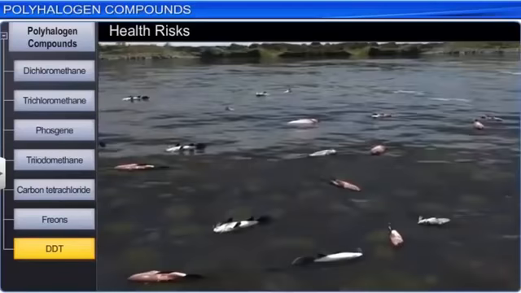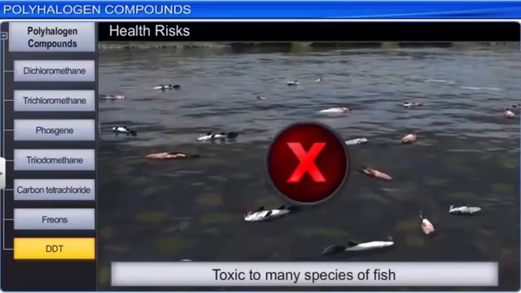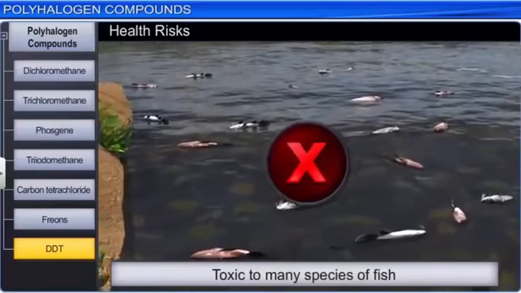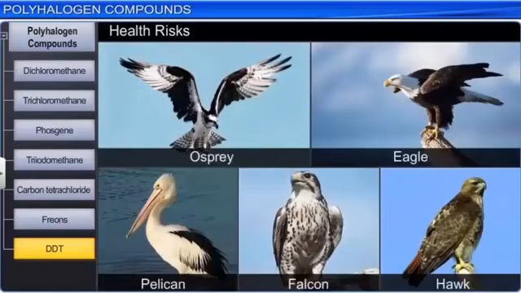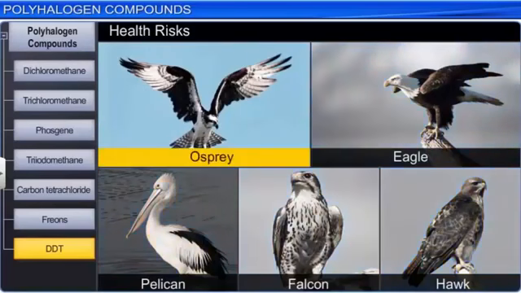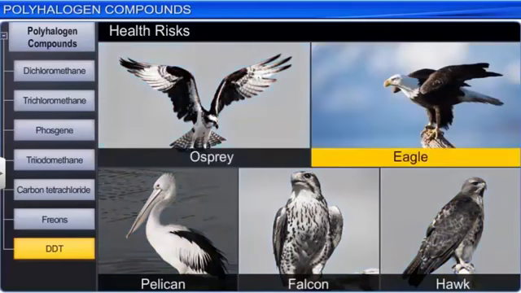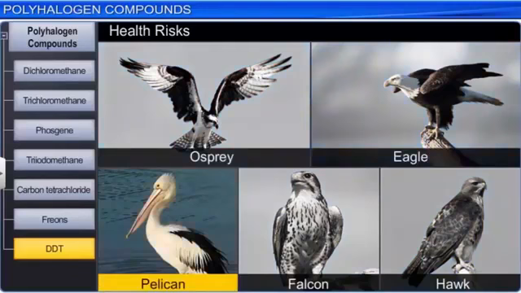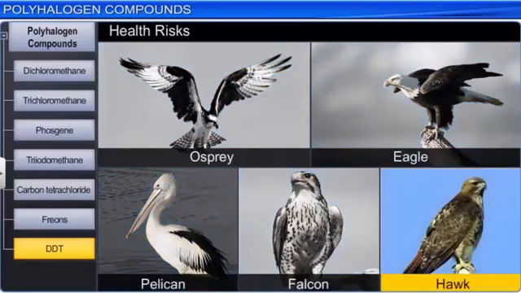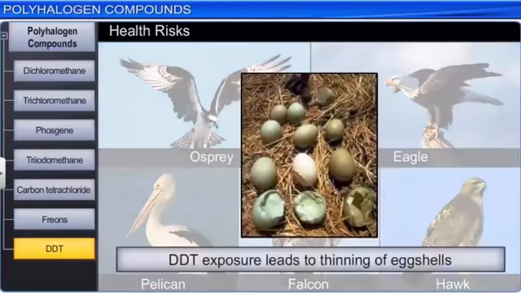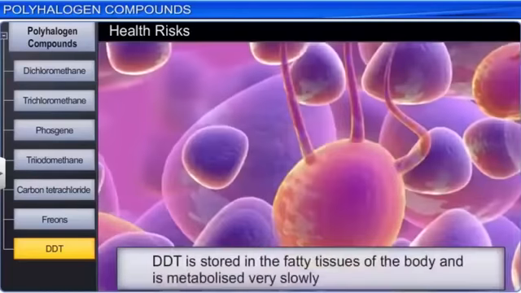DDT is toxic to many species of fish. For certain species of birds, such as ospreys, eagles, pelicans, falcons, and hawks, DDT exposure leads to thinning of eggshells, causing serious population declines. DDT is stored in the fatty tissue of the